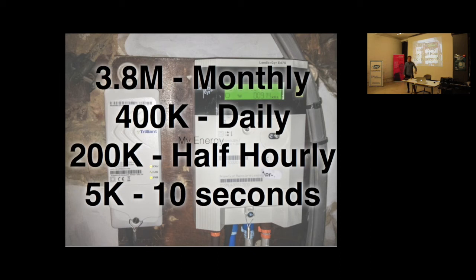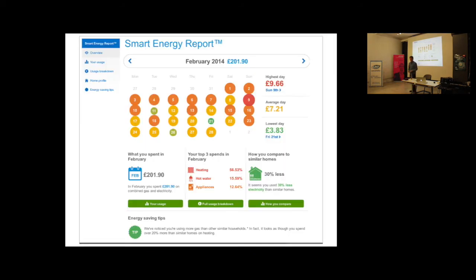The stuff we do with that, we have the Smart Energy Report product. It's a website which attempts to help people to understand their energy usage better. We think that by being transparent with people about how they use energy, that helps them. It helps us because it makes them